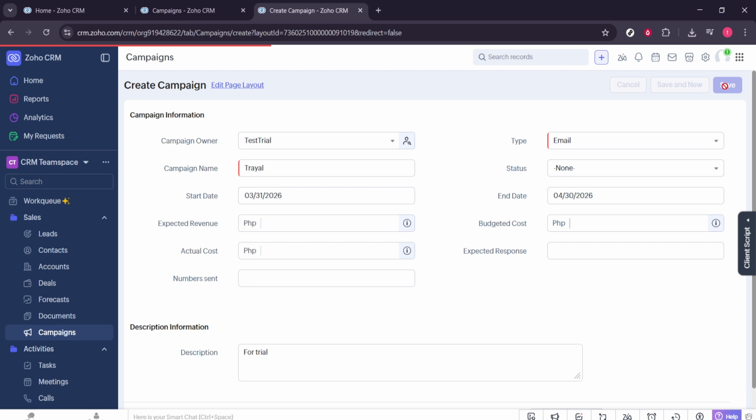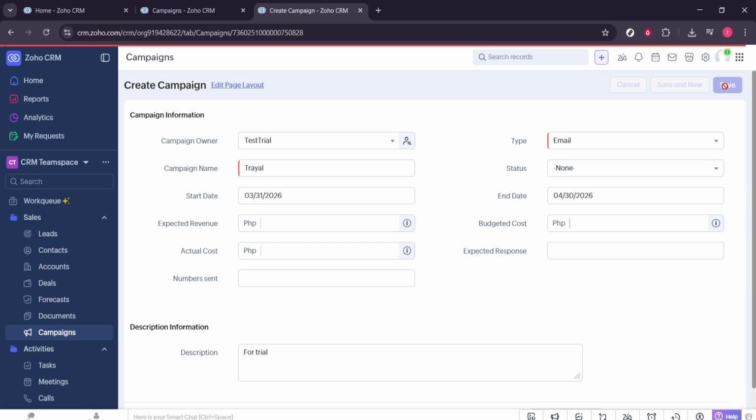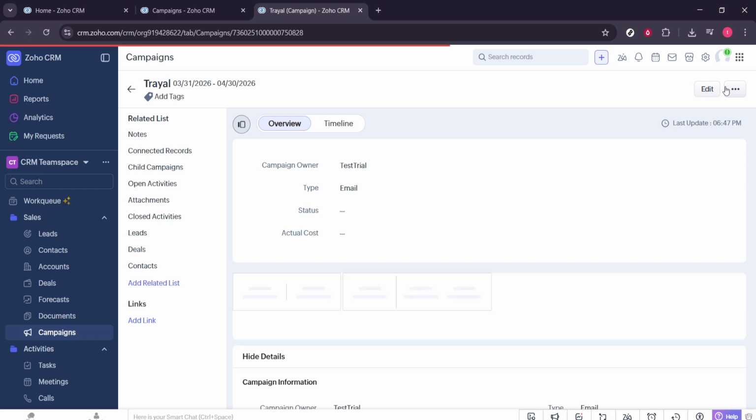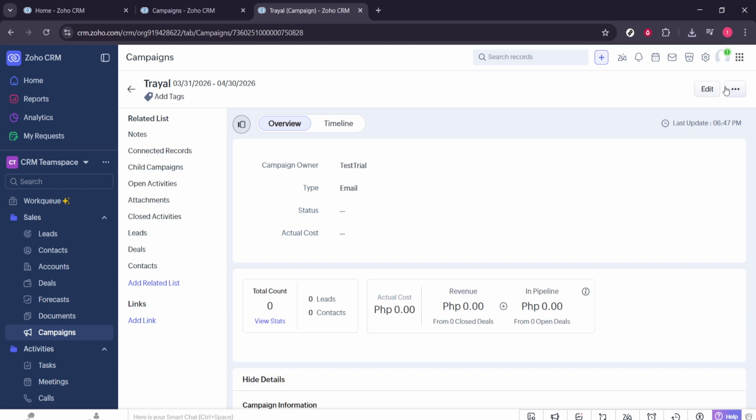When everything looks good, click Save. You'll be taken to the campaign's detail page, where you can review what you just entered and make quick edits if needed. From here, your team can reference the campaign record as execution progresses and use it later to analyze results. That's it. You've created an email campaign in Zoho CRM, named clearly, typed correctly,